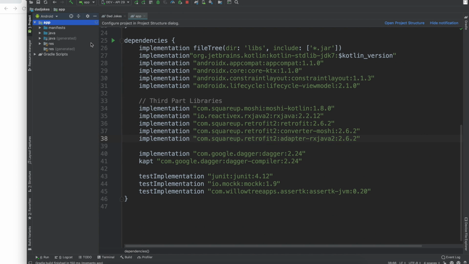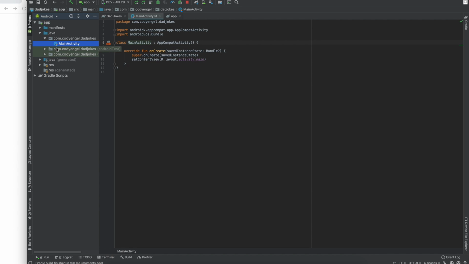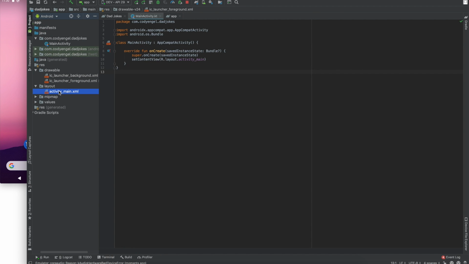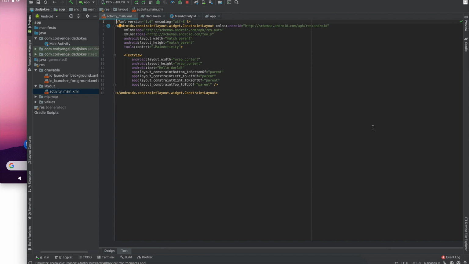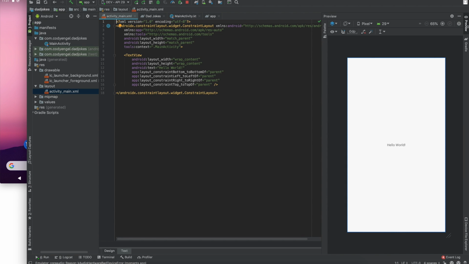From there, at this point, you should have your project with the main activity. The next one is for your layout. You have this simple layout. This is just looking at the designer. Alternatively, if we look at the text, you can see the XML. We can expand the preview window, and all this allows us to do is preview things inline. We can say, oh, hello world, or